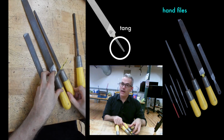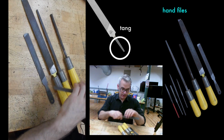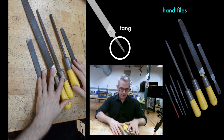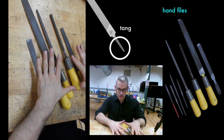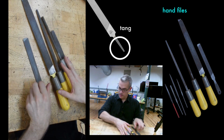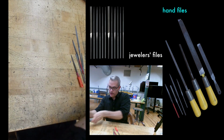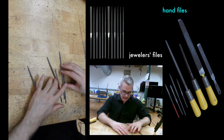I don't own any handles at home. I only have sharp spikes. That's why the handy file is nice. It sort of has a handle. Some of these are very coarse, the larger files especially, and some of them are quite fine. There are also very small files, jeweler's files, that are tiny and